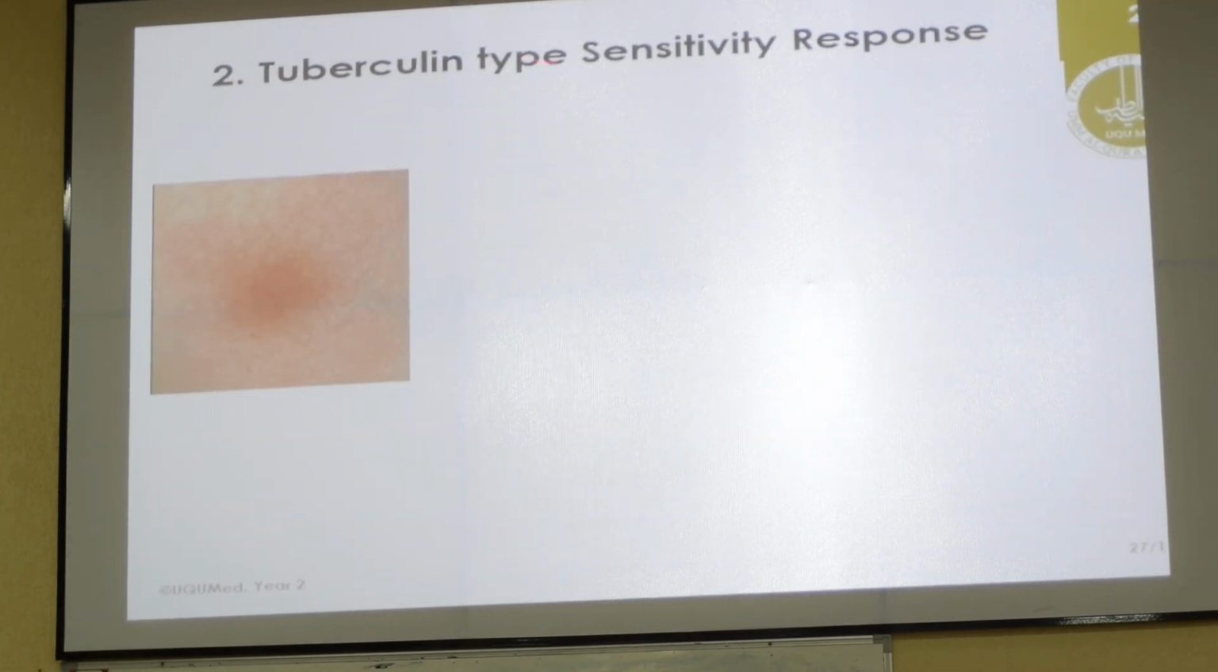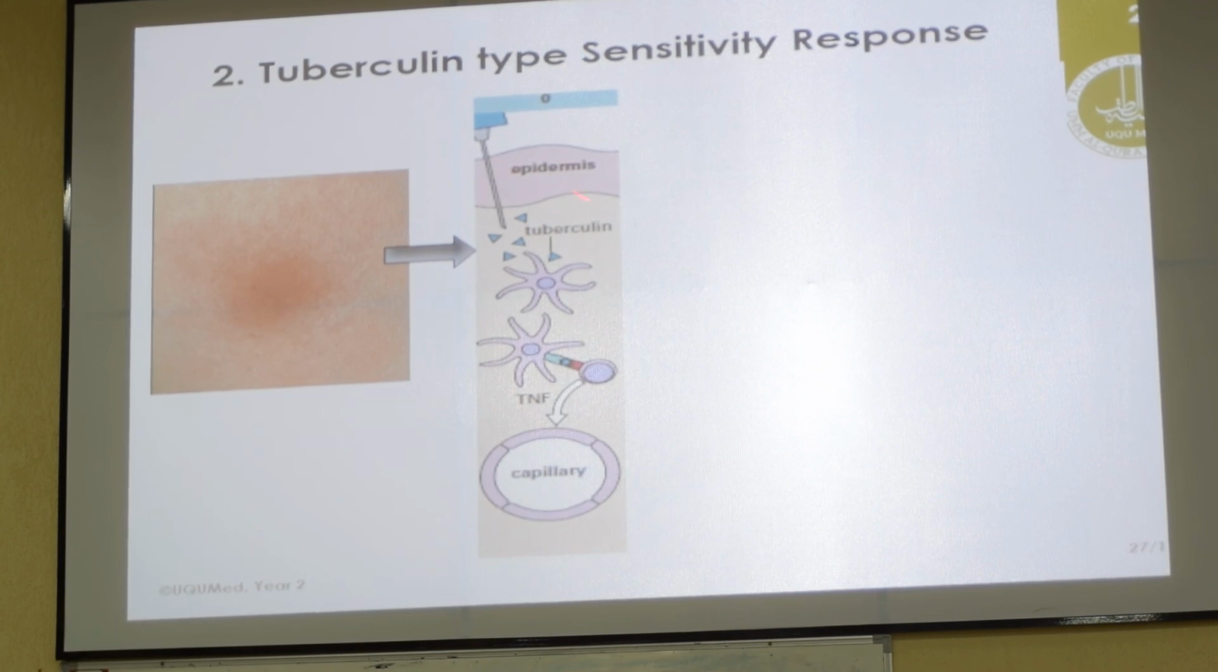The tuberculosis type sensitivity you can see now here, there is no vesicle, there is no fluid fill, just a raised area which is slightly red in color. This is normally termed induration. Now what is the reason for induration? Now you can see here, the epidermis is normal, the antigen is injected in the dermis. Okay? Once it is injected in the dermis, the